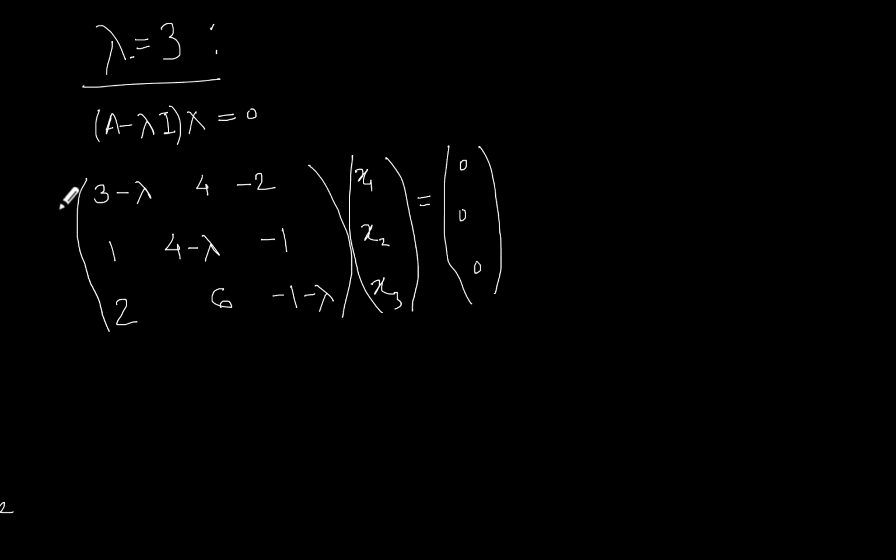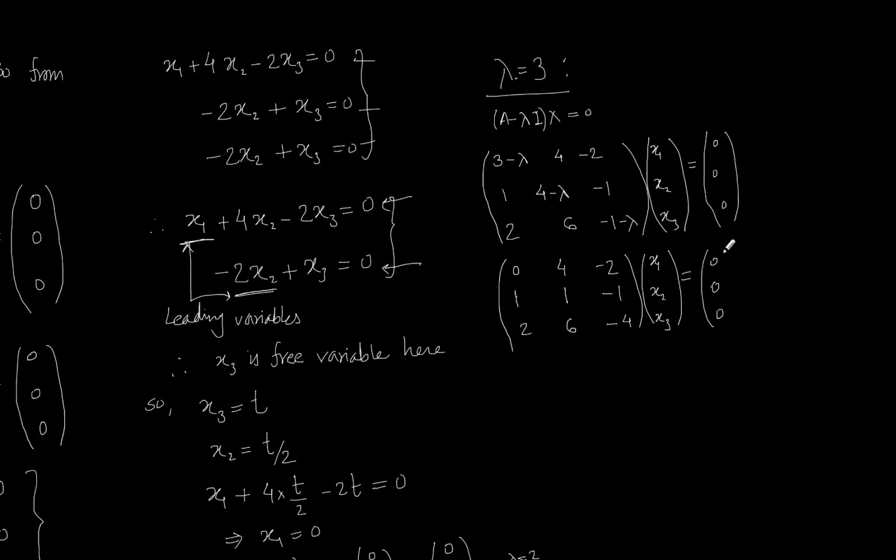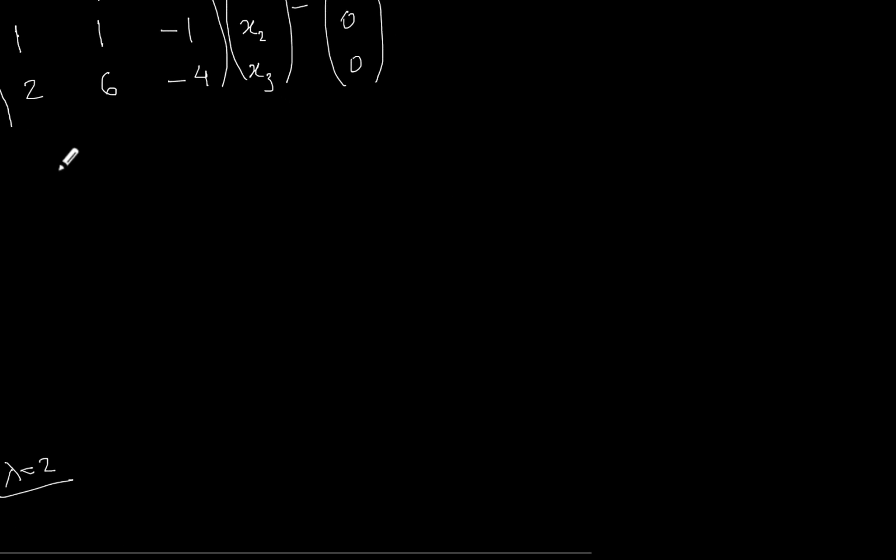Again, consider lambda equal to 3. Again, we will take this equation. Now put lambda equal to 3 in this matrix equation. We will get this. Now just multiply and get the corresponding homogeneous system. We will get